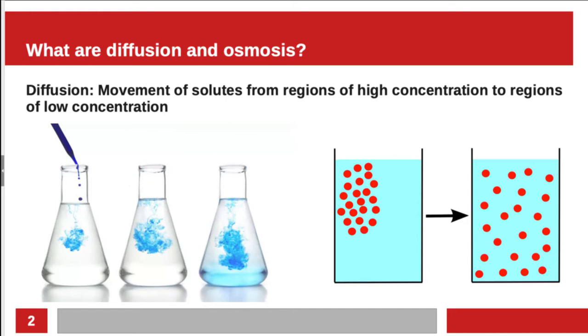Diffusion can also happen across a membrane, where we have a highly concentrated type of molecule on one side of the membrane and a low concentration of that molecule on the other side of the membrane. And the molecules will move back and forth through the membrane, but the net effect is that the molecules that are in the more highly concentrated region will move preferentially into the region of low concentration. And some of the molecules will move in the other direction, but the net effect will be to equilibrate those two regions.